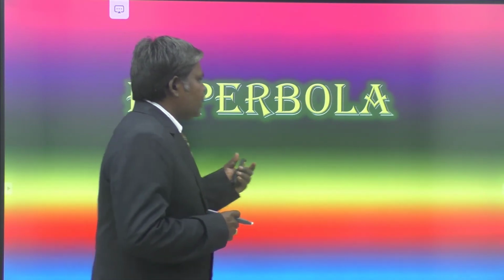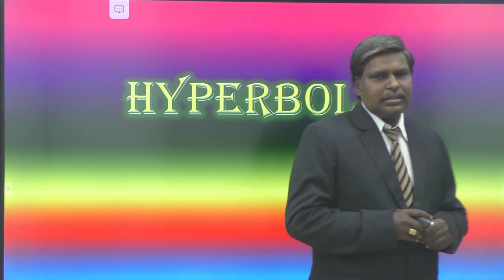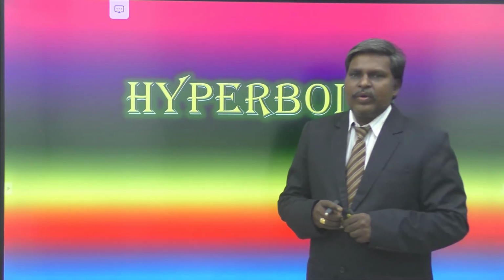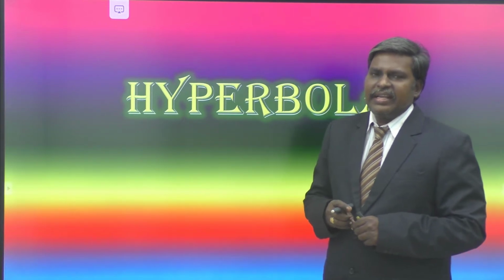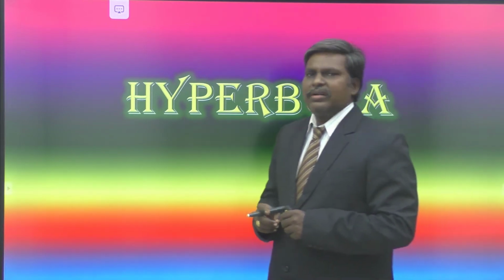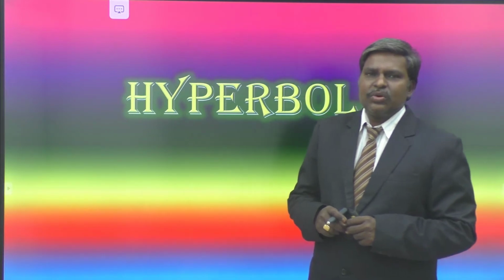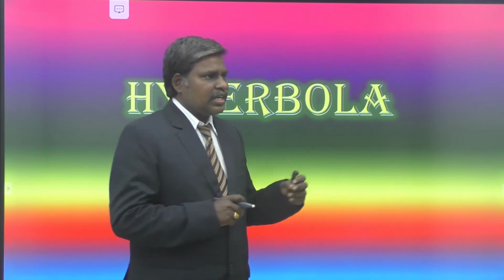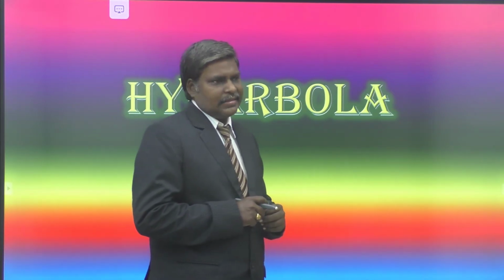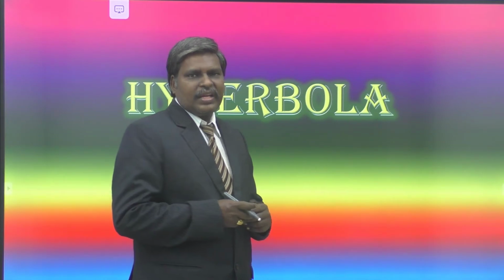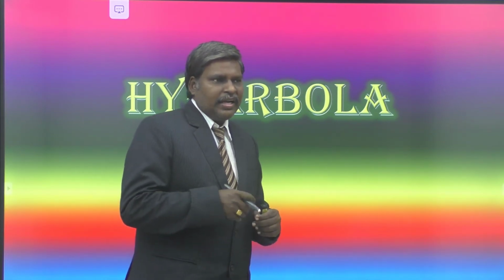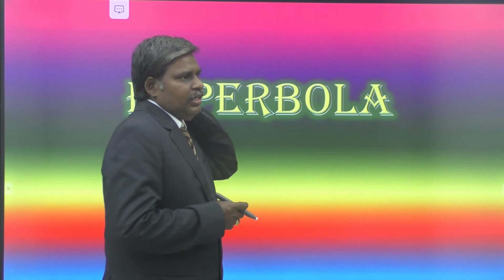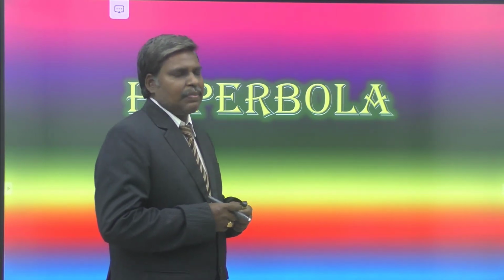Already we discussed the length of the transverse axis and conjugate axis. Where the x-axis meets the curve at A and A dash, AA dash is called transverse axis. If B is equal to 0 comma b and B dash is equal to 0 comma minus b, that distance BB dash is called conjugate axis. So it has two axes, one is transverse axis, other one is conjugate axis. Here there is no importance of a greater than b or a less than b. Depending upon the curve itself, we have defined the equation of the hyperbola.